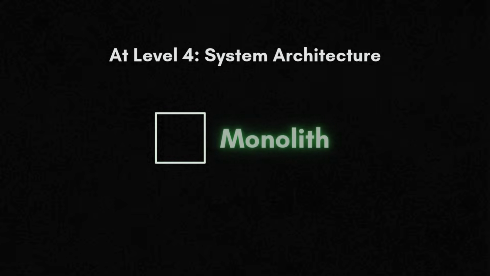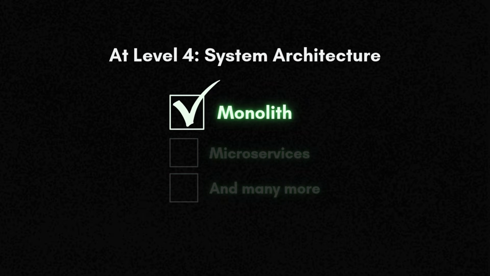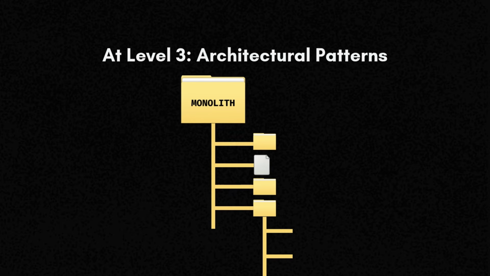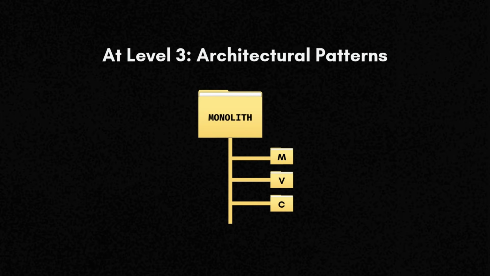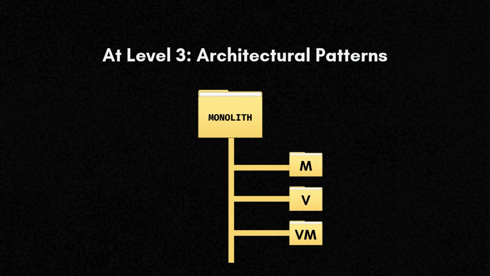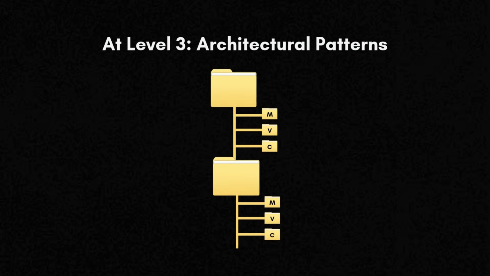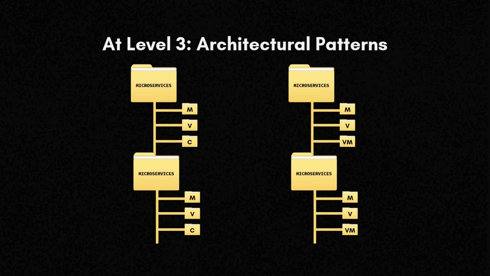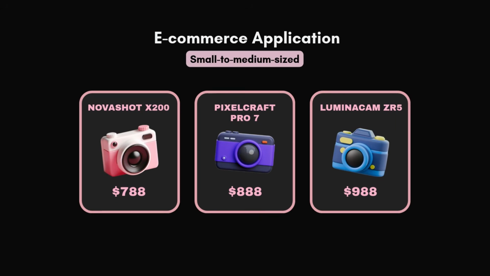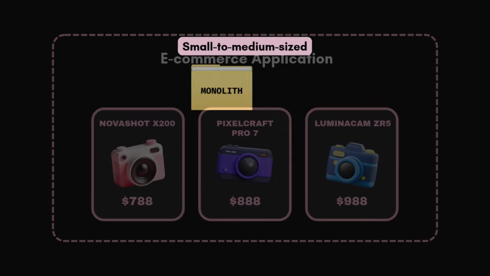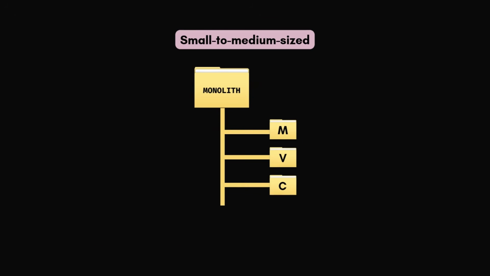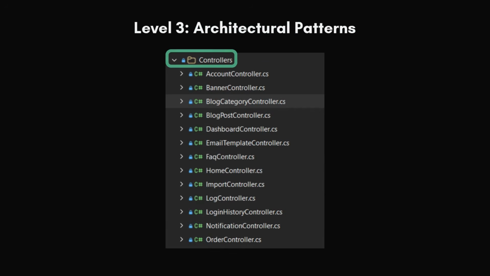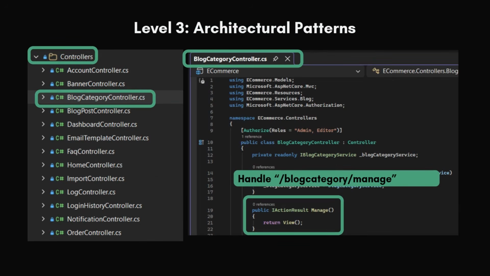After deciding the system architecture, we can decide how we are going to organize the folders and files inside the application. You can have MVC or MVVM inside a monolith architecture, or MVC or MVVM inside each service if you're using a microservices structure. Since our project is still relatively small, we choose MVC because it is simple and practical. Models handle data, views handle UI, controllers handle incoming requests and responses.